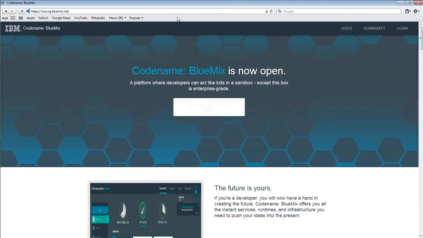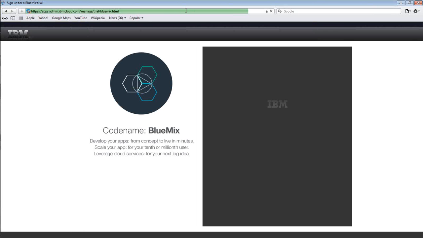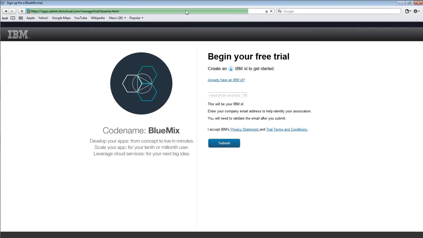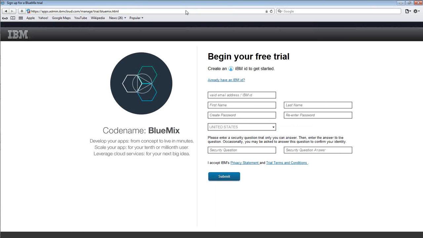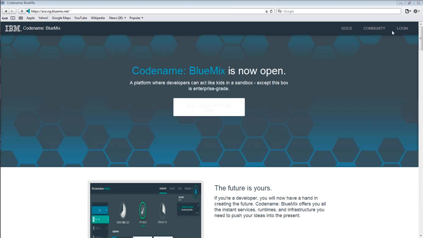So now I will show you a quick demo so that you will understand what we are talking about. This is BlueMix.net. This is the place where you need to go and click here and then sign up. The registration is a very simple formality, like signing up for any application. It just asks for your basic details and email address, and then it will send a confirmation email to you. Once you confirm, then you are good to go on using the service.